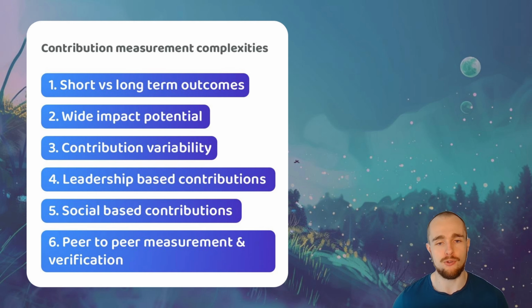Peer-to-peer measurement and verification. Manually self-reported contributions and group-based social and leadership contributions are both example contribution areas that can benefit from peer-to-peer attestations to better determine and verify what actually happened in a group working environment and what impact was generated by different people's contribution efforts. There is a complexity in ensuring that these attestations are legitimate and not purposefully incorrect or biased, as there is an incentive for people to try and exploit this system to financially benefit themselves.